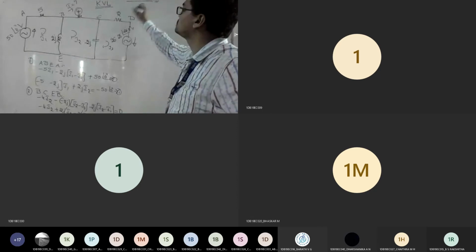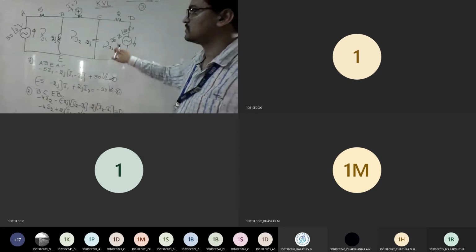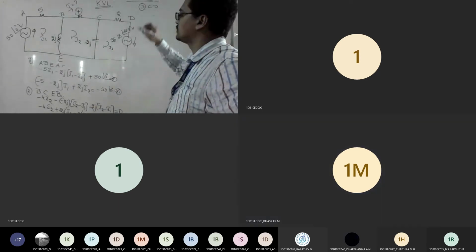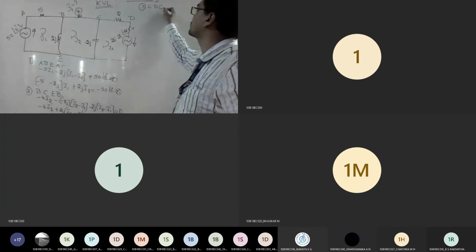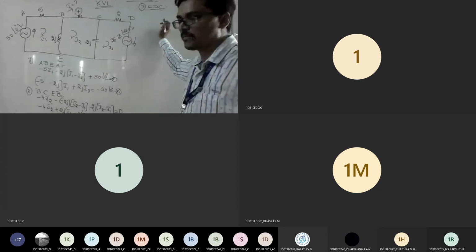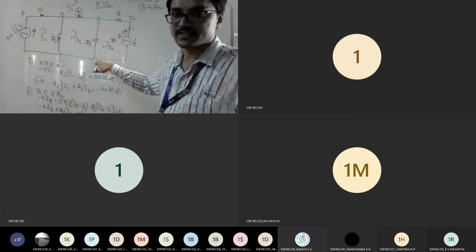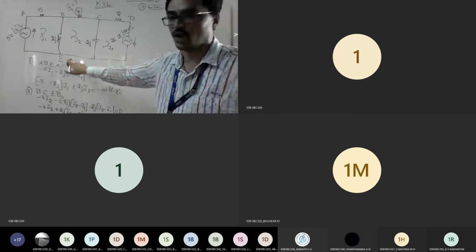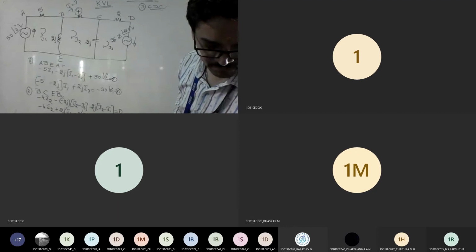Mesh 3. I can take E here also, it's the same only. I can end with C, not a problem. If I say E, it is understood it is there here also. You can write EC also, not a problem. This is the wire connection, the common ground line point.